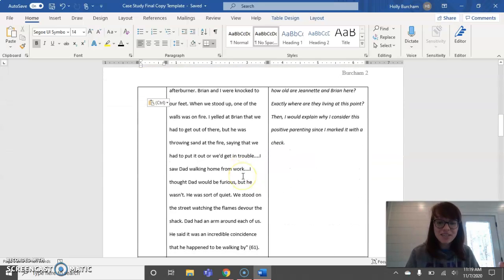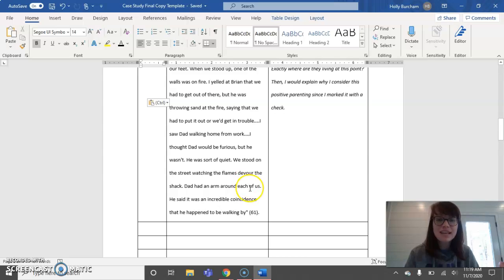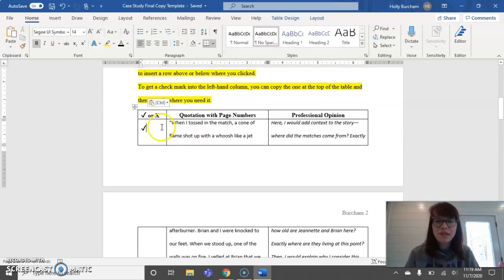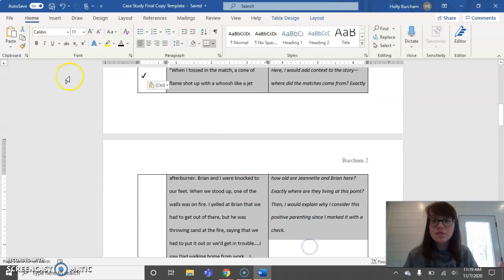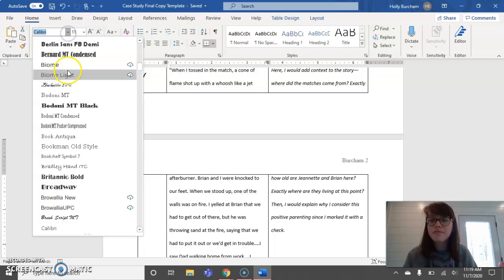It can be single spaced, it can be double spaced. Just make it Times New Roman. Okay, so don't worry about this section because it could mess up your check mark. I want you to highlight